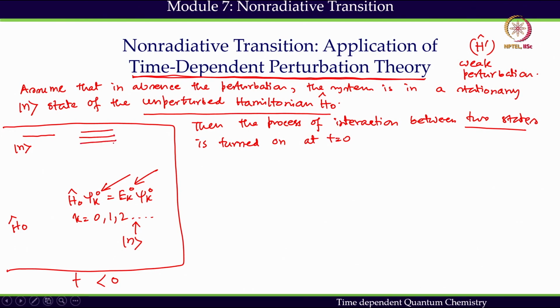I will call it, let's say, the m state. Here my intention is that all the states can be obtained from the time-independent Schrodinger equation, but interaction between these states, how these two states are getting coupled, interacting, they have to be coupled, then only they can transfer the population. So that coupling interaction process will start at t equals 0 time,